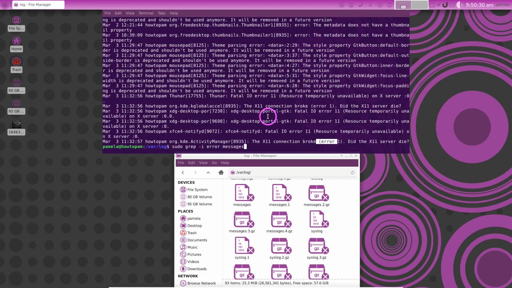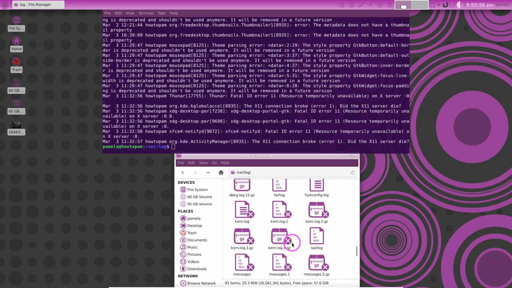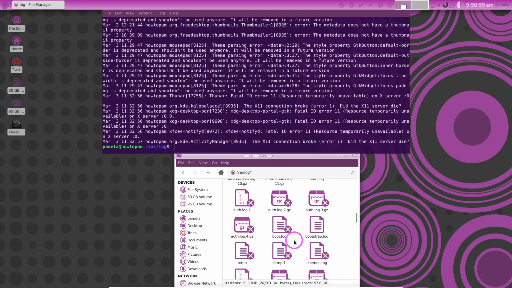If we're wondering if there's any recent errors, this is the way to check that out. Now, there are many log files, as you well know, in the var log directory. But some of the common log files you may want to search for issues from time to time are, of course, the messages that we've been using, the authentication log, the kernel logs, the mail server logs if you're using